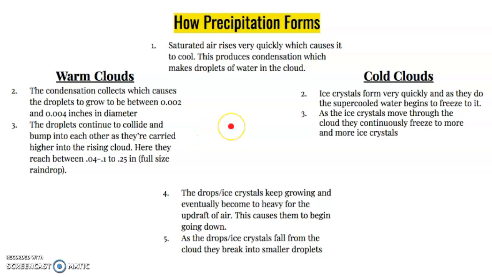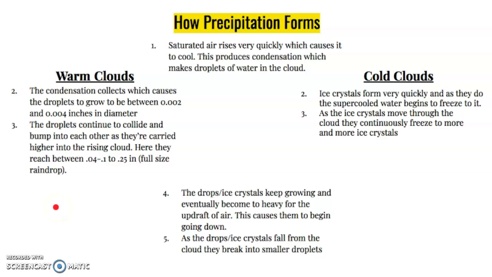For warm air, we have the coalescence process. The condensation starts to collect, which causes the droplets to grow to between 2 thousandths and 4 thousandths inches in diameter. So that's 0.002 and 0.004 inches. Very tiny. So then after that, you come to step 3, and that's where the droplets continue to collide and